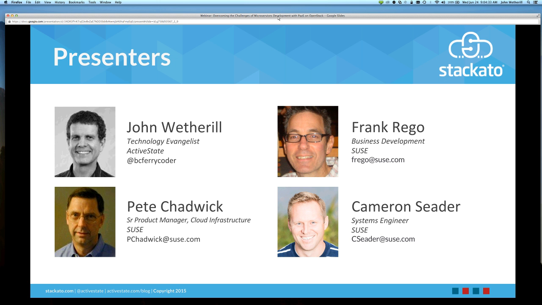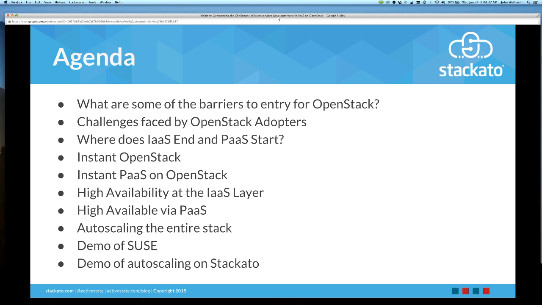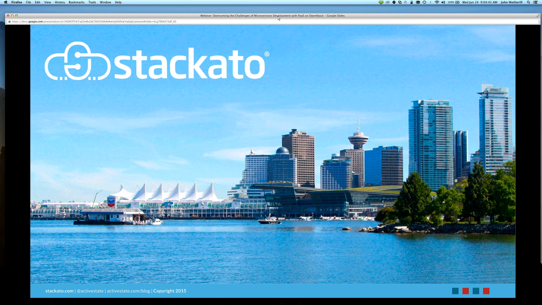Great. Well, thanks, guys. So I'd also like to just briefly have a chance to introduce the companies, too. So I just want to mention Stackato and ActiveState. Actually, this slide should say ActiveState on it, too. So we're based out of Vancouver, Canada. We've been in this industry for 17 years building software for developers and cloud.